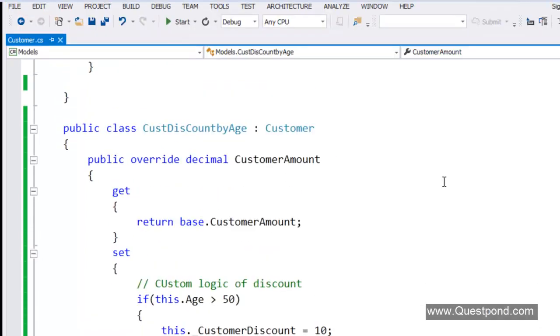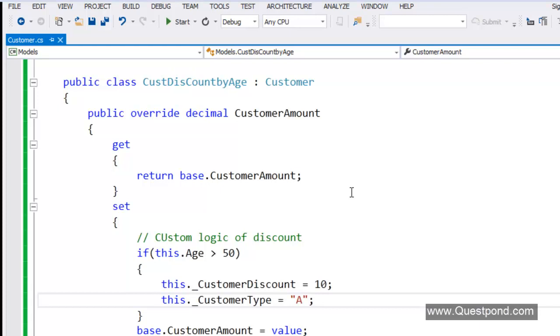So in this way, whenever you have a new demand coming in saying, can we add logic which will calculate discount by using this, you just need to create a class, inherit the customer class, put your custom logic in the customer amount set, and you are done. So basically, rather than modifying the existing code, we are now inheriting and adding things. And this is more of a plug and play model as compared to the previous one, where we were thinking of putting an if condition on the single class.